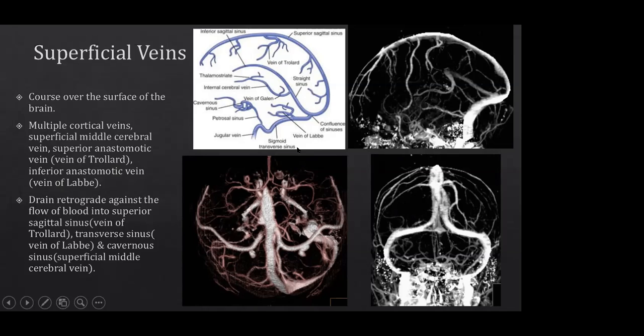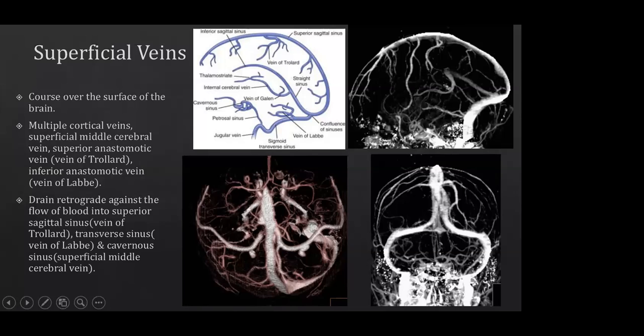Similarly, along the inferior aspect is another big vein, which is called the vein of Labbé, which kind of drains the posterior temporal lobe, which is here shown on this sagittal MIP CT venogram reconstruction. So the three groups of veins that we need to think about when we're talking about the superficial veins, of course, you have got the innumerable cortical veins, the vein of Trolard, the largest one, typically around the central or the precentral region, the vein of Labbé, which drains a fair proportion of the posterior temporal lobe,